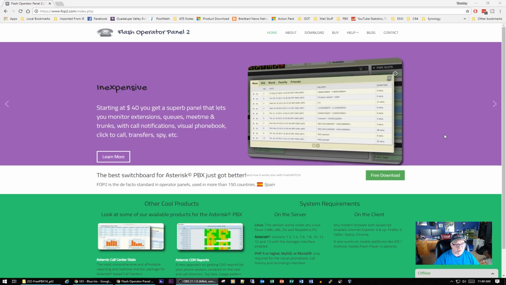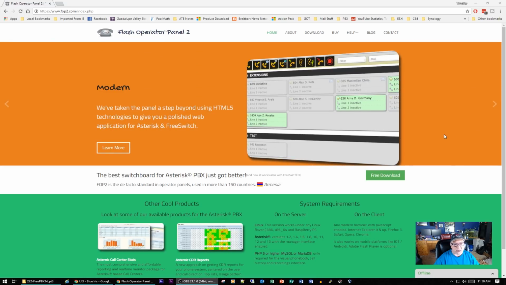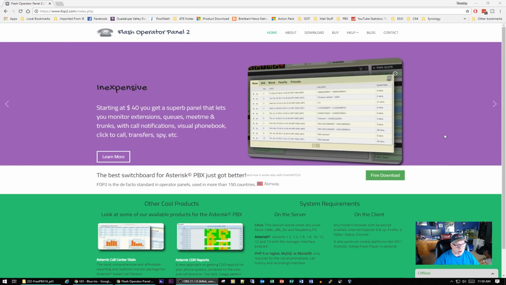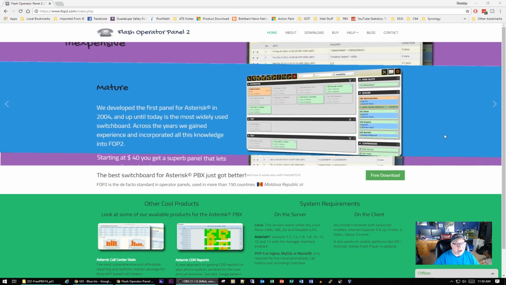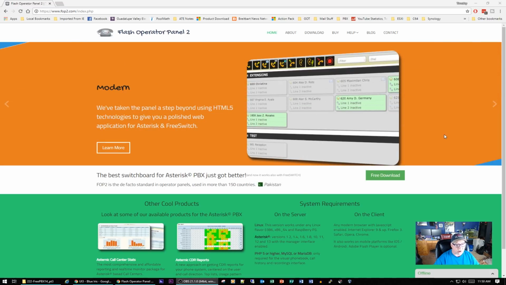I think it works for up to 15 extensions, so you can try it out, or you could even run it on your home-based FreePBX system if you want to. But I find this extremely helpful for probably the majority of my clients that use FreePBX. It's very simple to install. I recommend you do this last. After you get FreePBX set up, you want to set up all your extensions, all your trunks, all of your